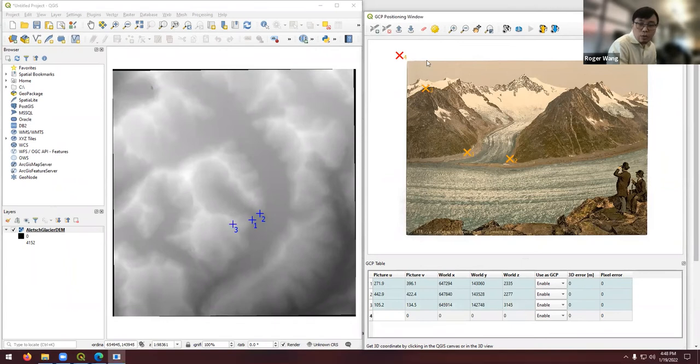And then number 4, we are going to choose this most obvious point, which is at the top of the peak. And in the DEM, it's at this location. So keep doing this. For example, number 5, we are going to choose this point. And it's likely to be this one. Number 6, we choose this. It looks like a very obvious point in the photo, and we can choose, looks like here